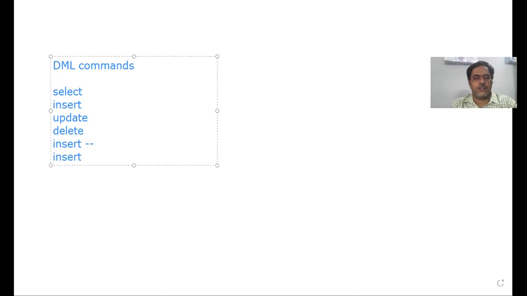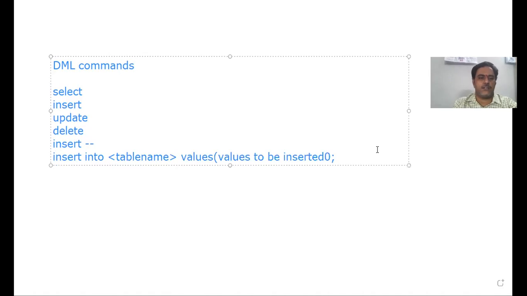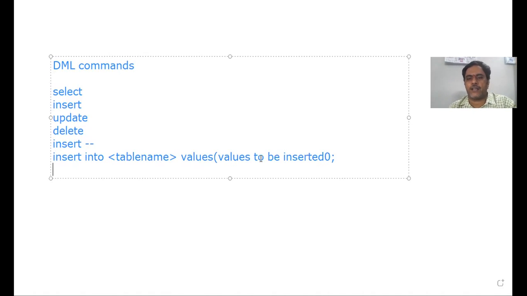Insert into table name values, and the values to be inserted. This is the syntax. By this way, we can insert the complete record at a time.